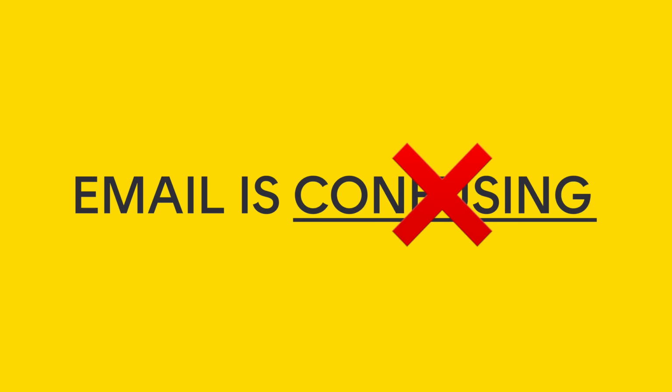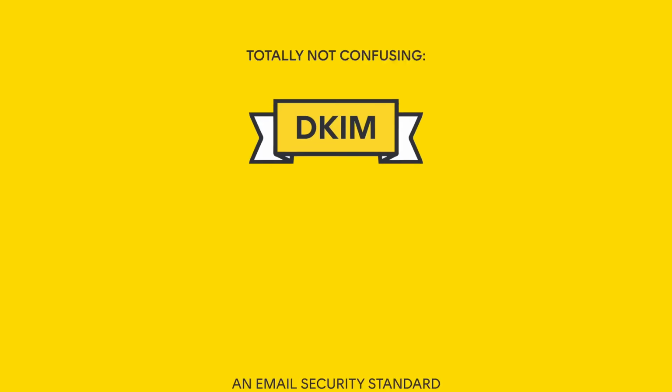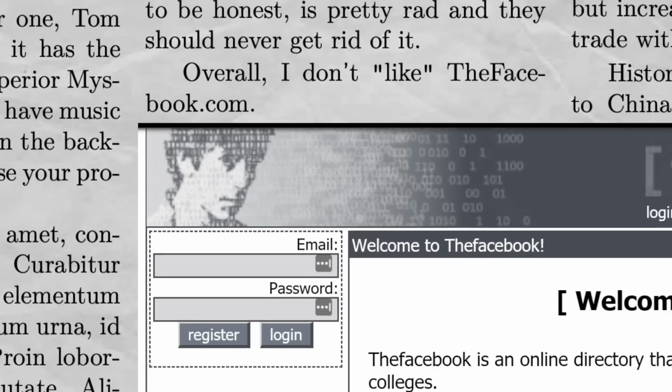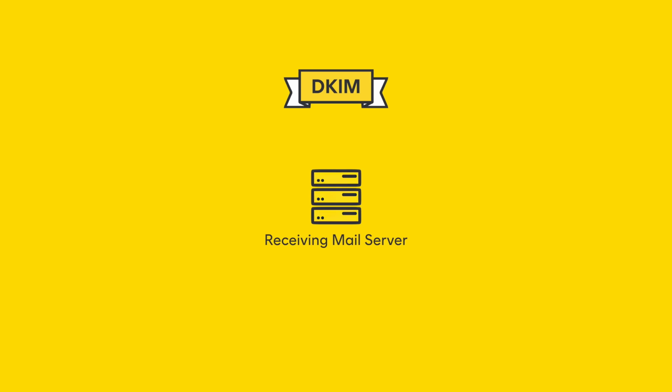Email is, well, it's something, but the one thing it doesn't have to be is confusing. And the same goes for an email security standard called DKIM, short for DomainKeys Identified Mail. DKIM was created way back in the ancient times of 2004. Hey, the same year that Facebook was created. Ugh, I'm getting old. And since 2004, DKIM has helped receiving mail servers detect if an email sent from a